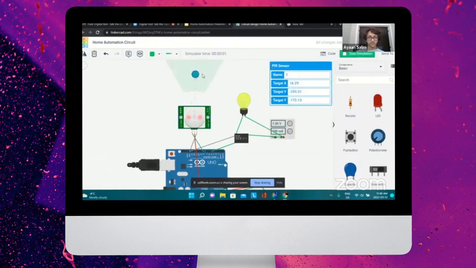If I move it, it will work, but within the radius. And if I don't move for a while, it will turn off. So it is an example of how motion sensor lights work in public bathrooms and such. And the components that I used to make this in Tinkercad were